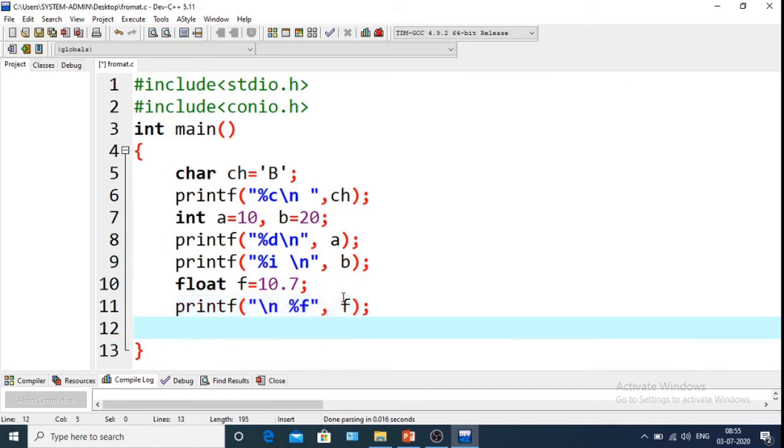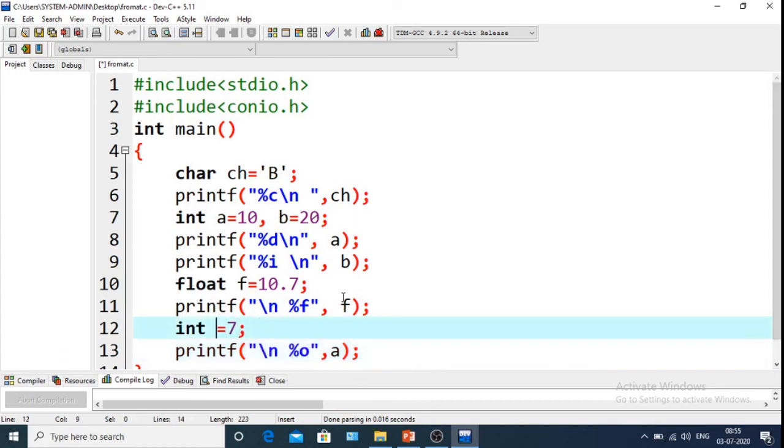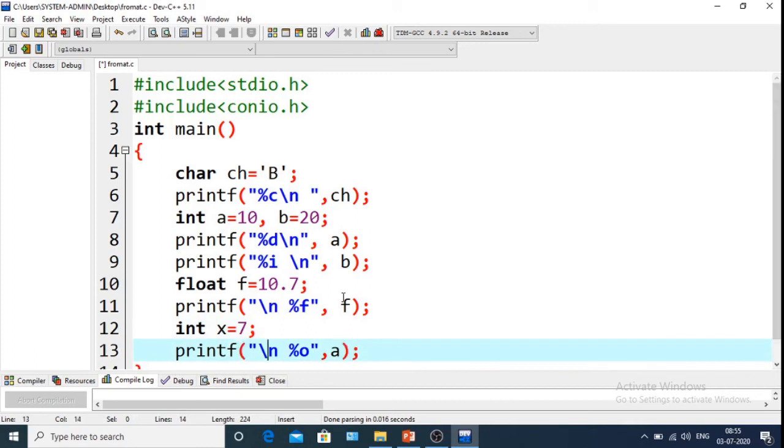Now print the octal value. Suppose int a equals 7. So printf %o for octal value. There is already a variable named a, so I'm taking it as x. Let's see what it will print.